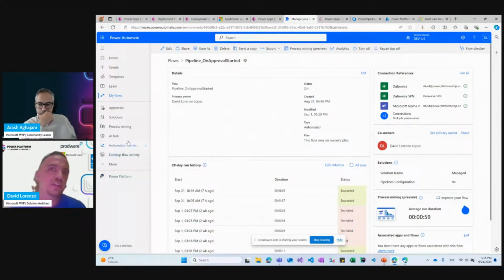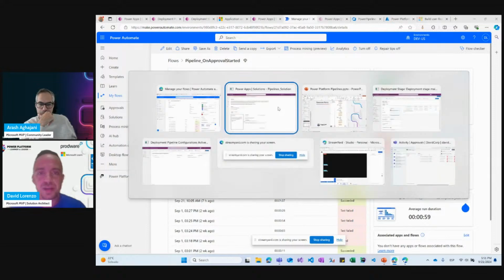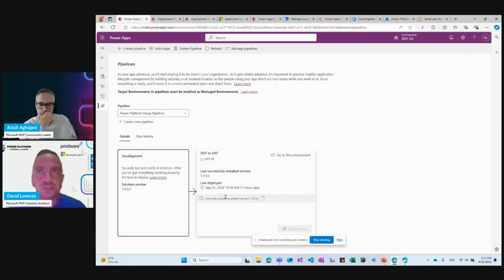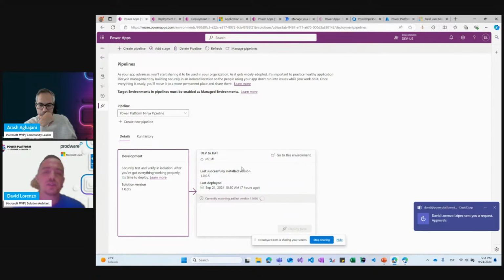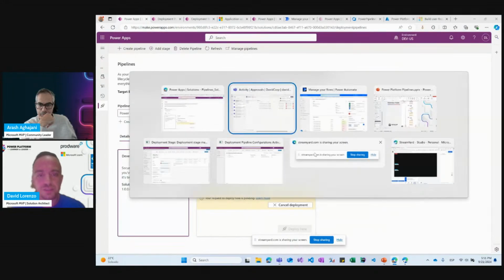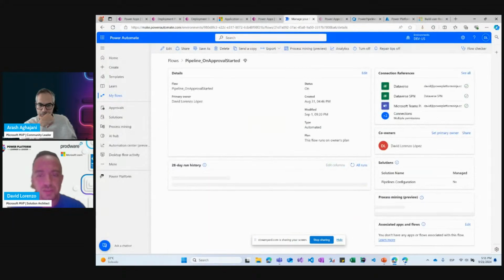We can see the deployment stage run, and we can see also the solution artifact file. We see also here is the approval request. So the flow is already launched.